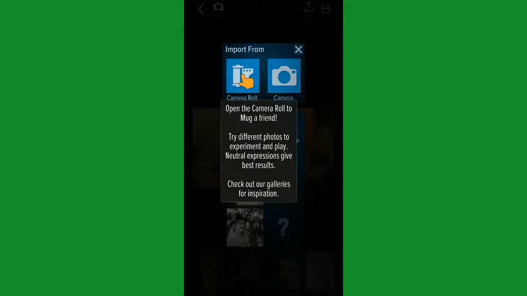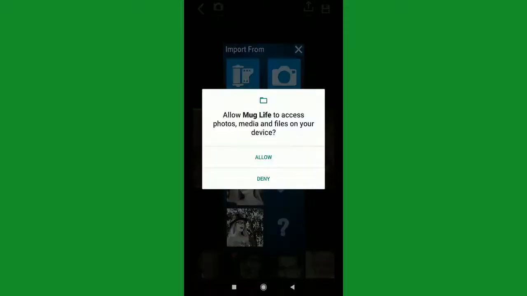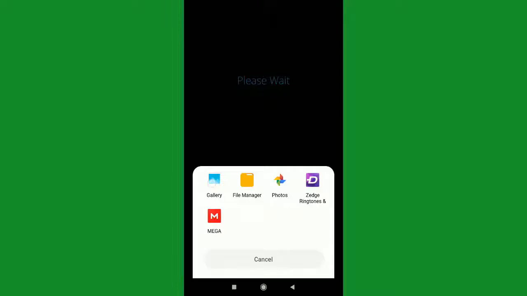Now at the top you can see the camera icon. Just click on the camera icon, and here we have two options. We can directly access our camera, and we can access the camera roll, that is nothing but the gallery. So now click on camera roll. Now click allow. Click on gallery.